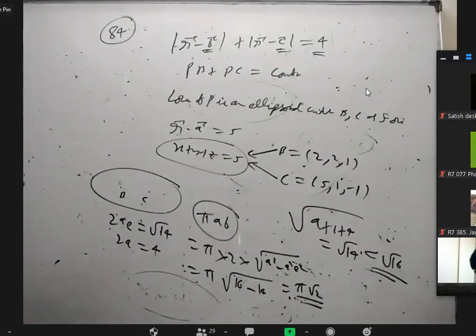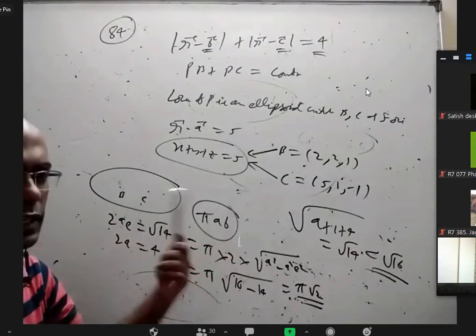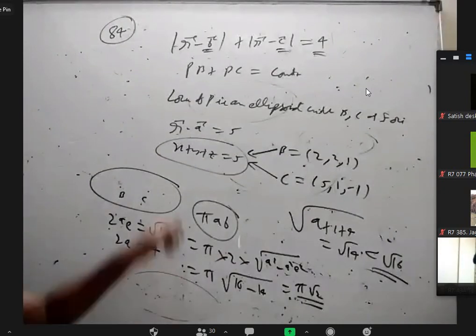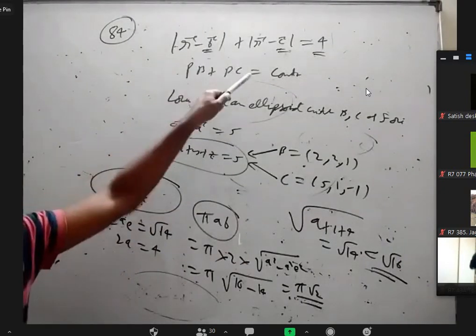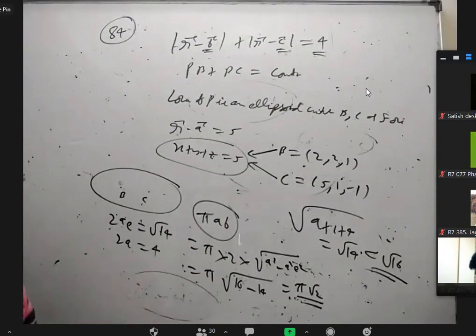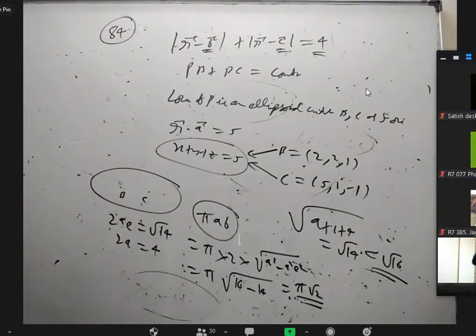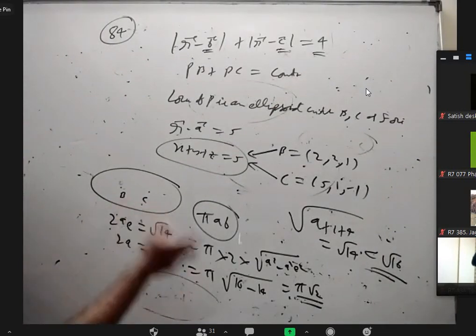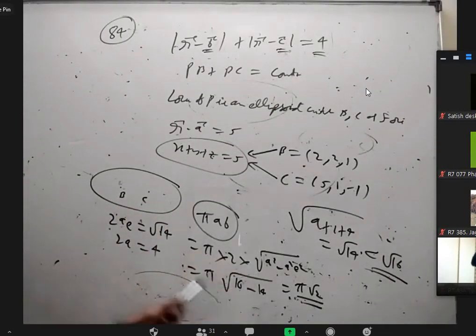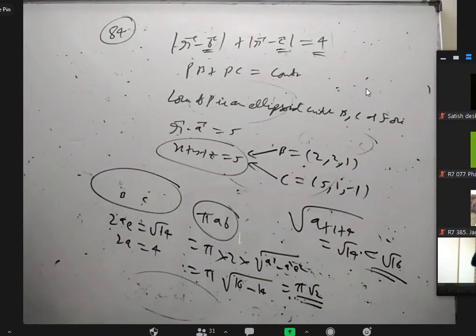Okay, so the main point of understanding is that PA plus PB equal to 4 is an ellipse in 2D geometry, but an ellipsoid in 3D geometry. And they gave a plane which is passing through the major axis of that. So it will cut exactly an ellipse right in the middle. So it will be the full ellipse. And for that, we know the foci, which are B and C. And we know that the constant is the length of the major axis. That tells you about the length of the major axis, minor axis, eccentricity, all the details. And then the area of the ellipse formula is pi AB. Okay, mainly to recognize it is a 3D ellipsoid along with a plane cutting right in the middle, which is an ellipse.